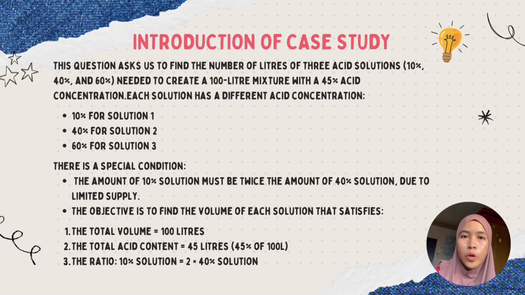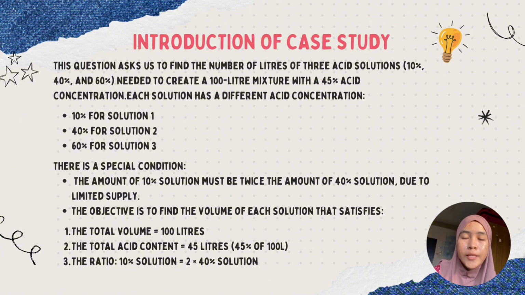This question is about mixing 3 acid solutions. Solution 1 is 10%, solution 2 is 40%, and solution 3 is 60%, to make 100 liters of a new solution with 45% acid. Each solution has a different acid strength. There is one special rule. The amount of 10% acid must be twice as much as the 40% acid because the 40% one is limited in supply. So our goal is to find out how many liters of each solution we need, so that first,